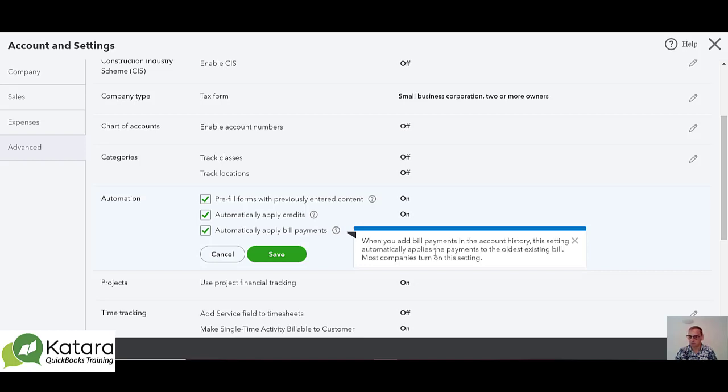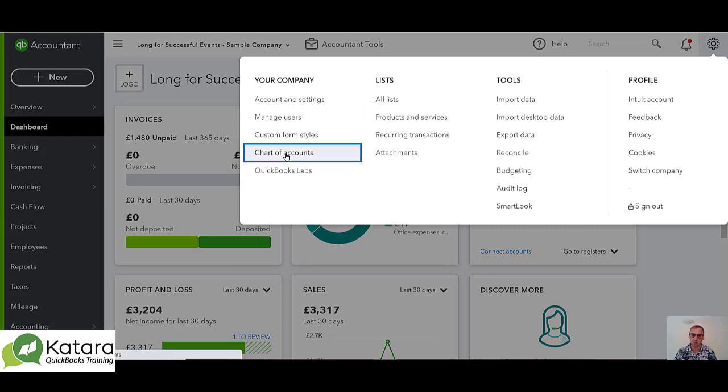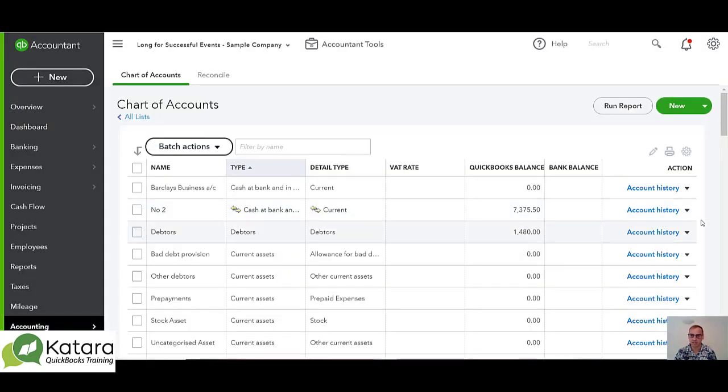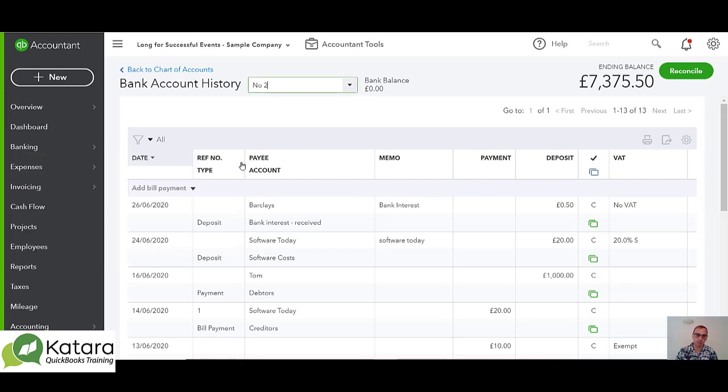I would say that it's very rare that somebody would apply a transaction in this way, but the main confusion is when somebody looks at that as an automation, quite often they're seeing that as being automatically applying credits to bills in QuickBooks. That isn't the case. What that's actually referring to is if I go to the chart of accounts in here, let's go and have a quick look in here, and I go to my bank account, so I'm going to go into this number 2 bank here. If I click on account history, the blue marker there, it gives me the bank register, and